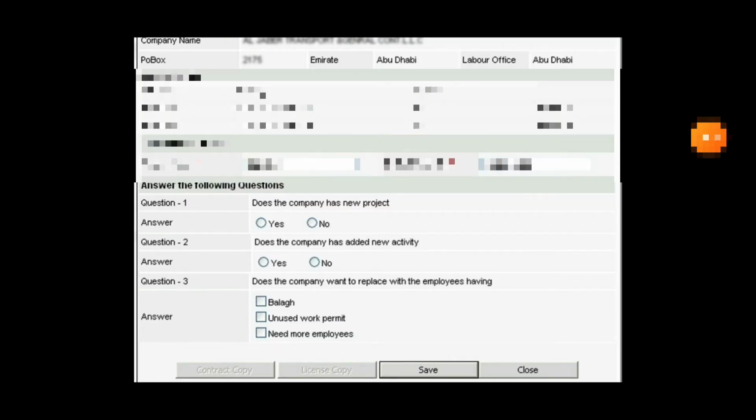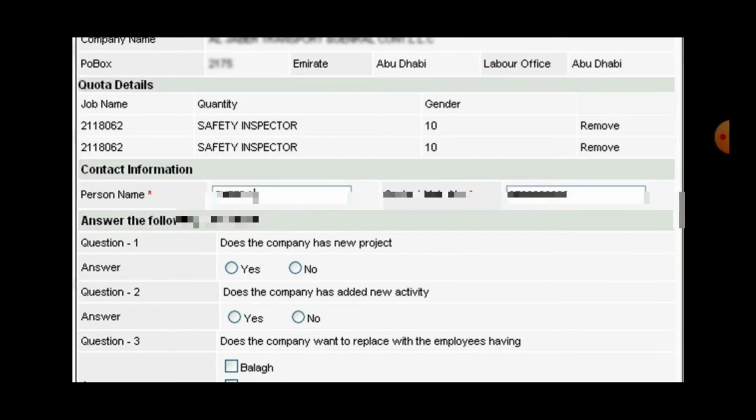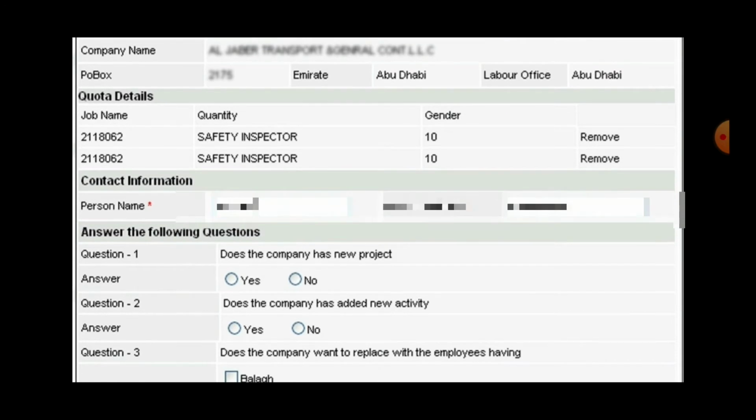I will show you. So guys, when you enter the quantity and job name, it will show you at the bottom of the page. As I told you, this is the next one. If you have more quotas, different quotas, it will show the quantity over here.